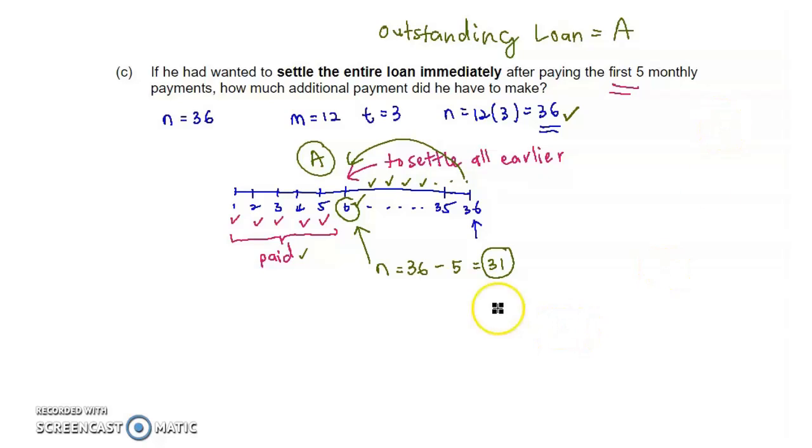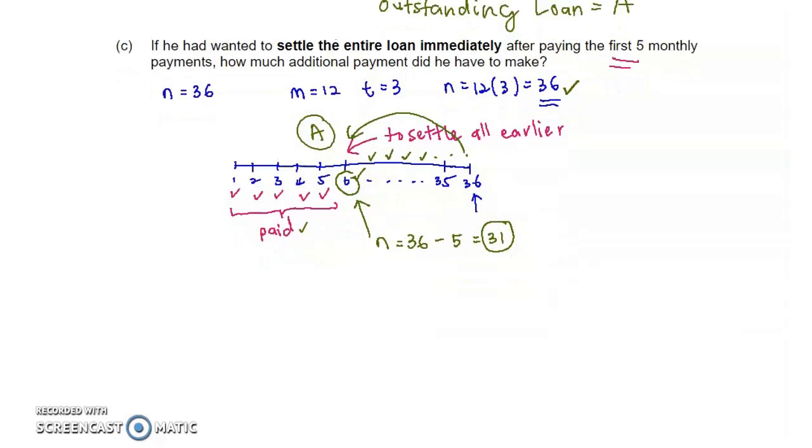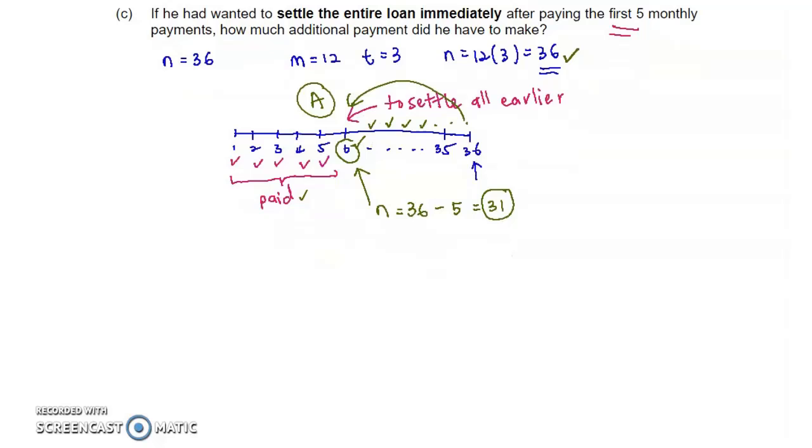Okay, n in this case is 31. So now on the 6th month you want to pay for 31 payments. How much should you pay? Now we know that for outstanding loan, you use formula A. So A equal to R multiplied by (1 minus (1 plus i) to the power of negative n) divided by i. A represents the amount that you should pay on the 6th month here, when you want to settle all the debt earlier. R just now is